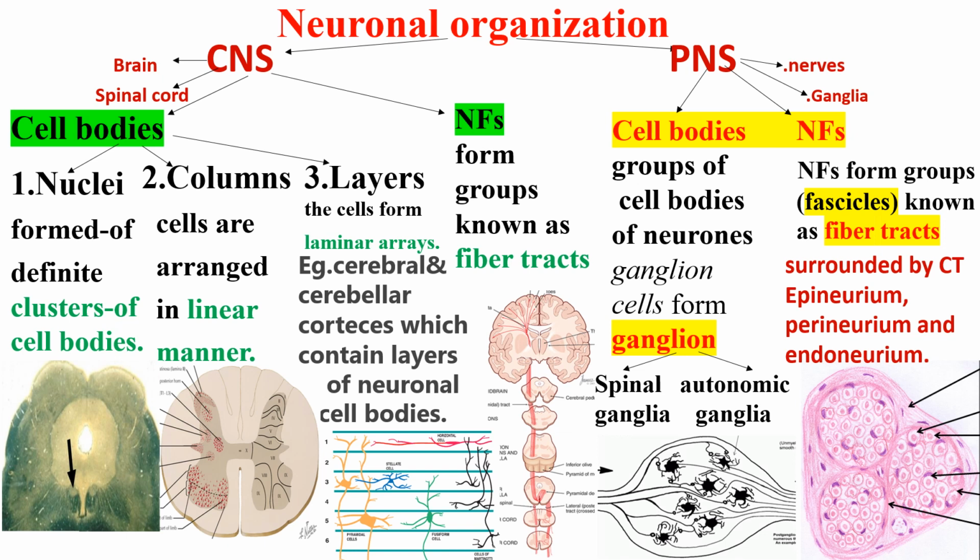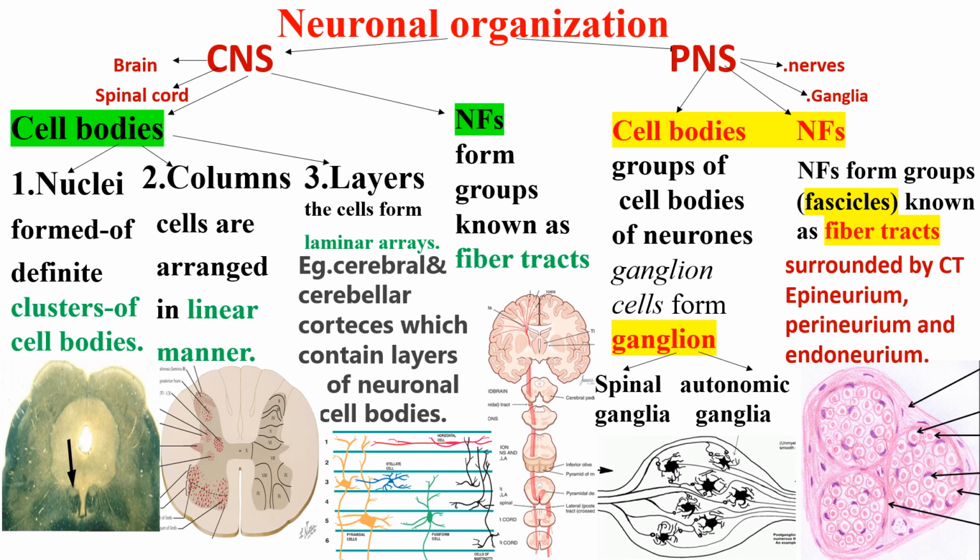Outside connective tissue is epineurium. The middle connective tissue is perineurium, and the inner connective tissue is endoneurium. endo يعني داخلي، peri يعني around، epi يعني